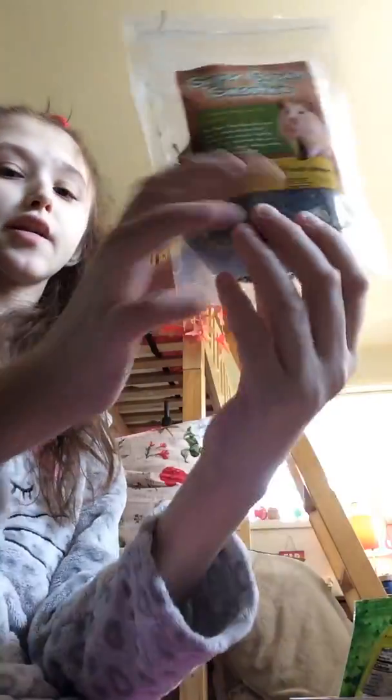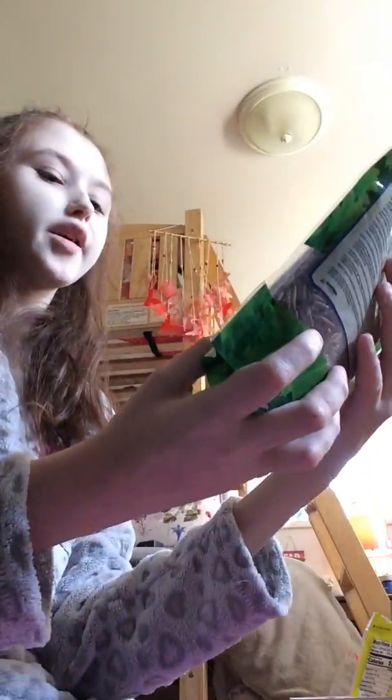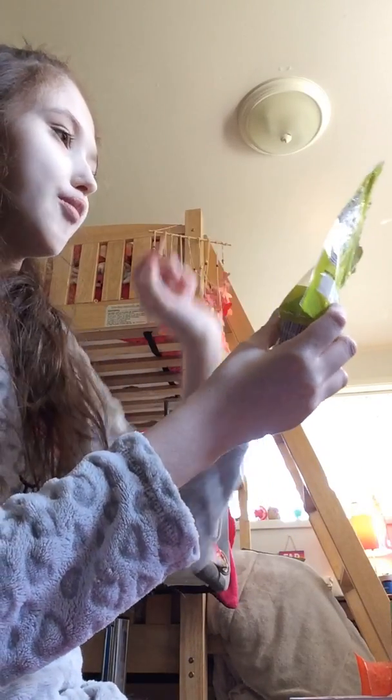And then this super smoothie I got from Hamster Mail, and it's very cool, and it's by Healthy Hopper. Good for both Syrians and dwarves. I have some KT mealworms, got these from Amazon, and those are both good for Syrians and dwarves. And then I also have this from Aldi. Not the brand, but the store is Aldi, and it is these dried fruit melody,